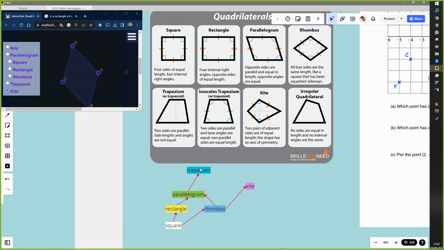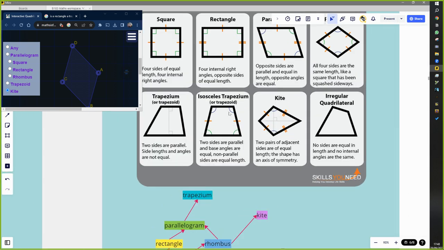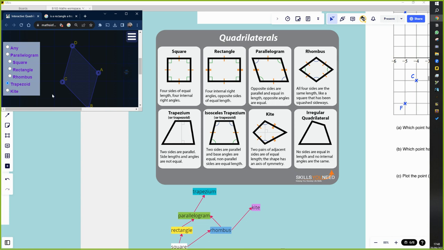So the trapeziums and the kites are more general words. A kite would describe this kind of kite, but it also describes a rhombus and a square. A trapezium would describe all these four things, but not the kite. And then you just have other things like the isosceles trapezium, which just means a symmetrical trapezium. So if we go to trapezoid, which is just the American English for trapezium,